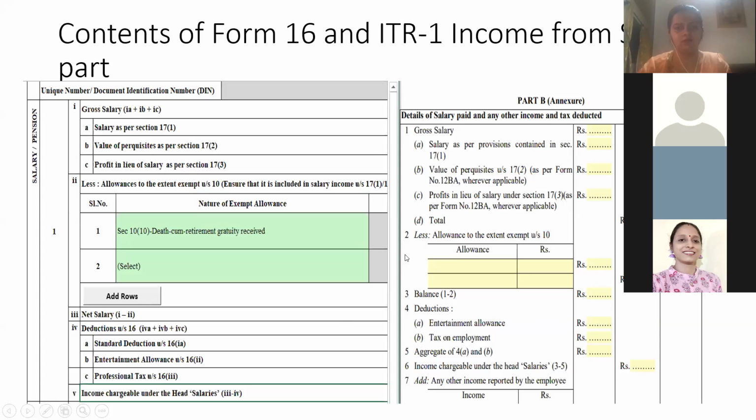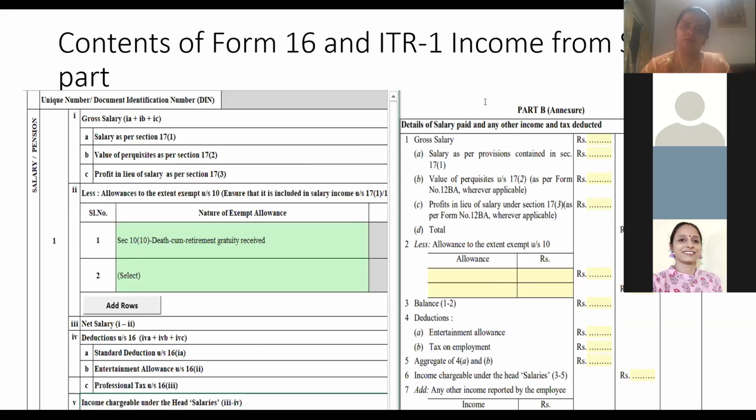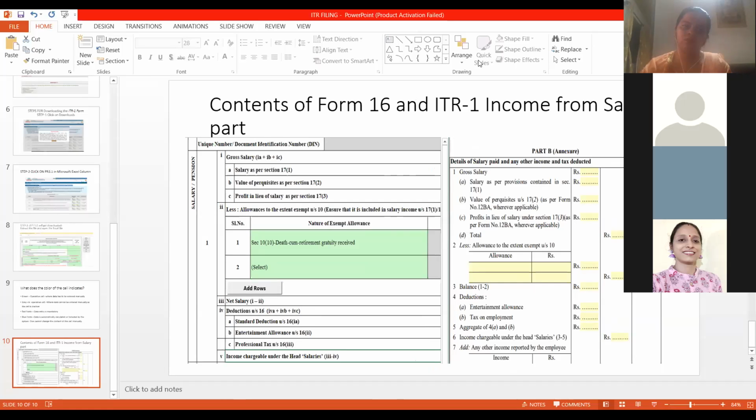So what I'm trying to show you here is, if you have the Form 16 with you in front of you, filling this form yourself will be easy, because you just have to take the amount from your Form 16 and fill the data over here. So if you show your investments and all the details properly to your employer, then it will be easy for you to file your returns yourself, okay? Especially with Form Sahaj, it will be easy. So the sequence of items is the same. Considering this, we will just have to refer to the items from our Form 16 and fill the data over here.